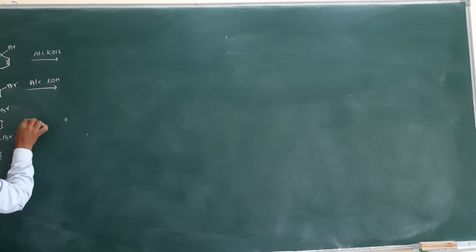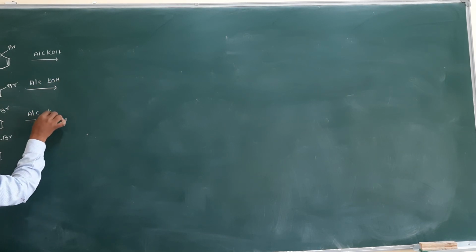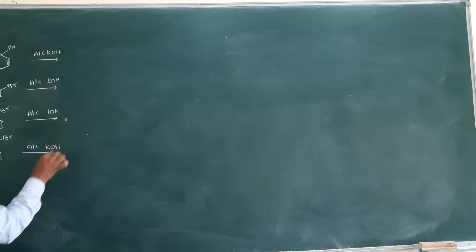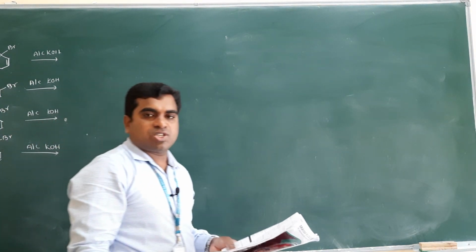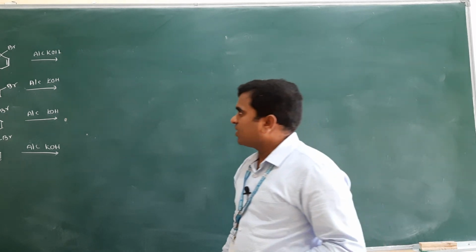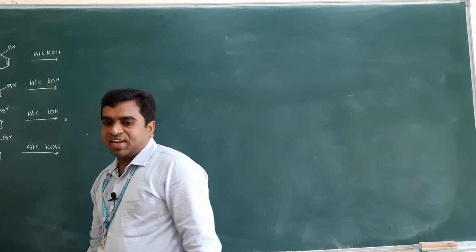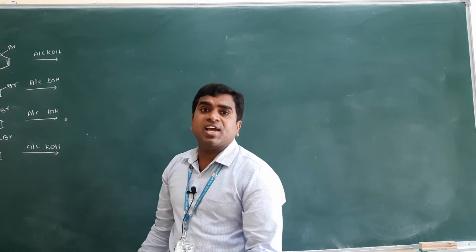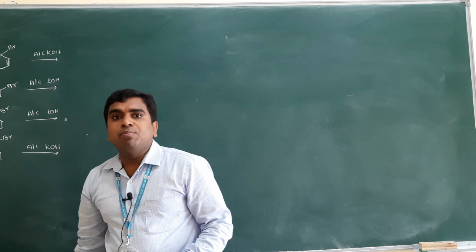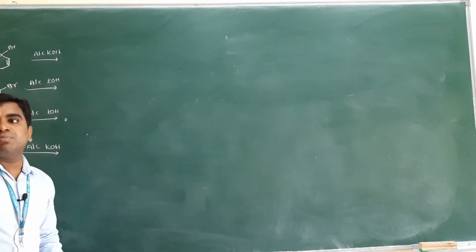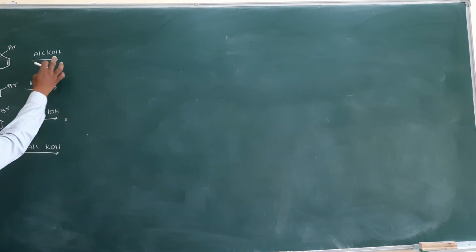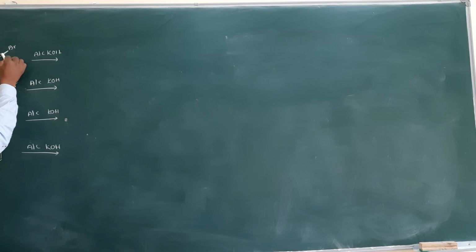You already know that whenever alkyl halide is treated with alcoholic KOH, which reaction takes place? Elimination reaction. Aqueous KOH means substitution. Just halogen will be replaced by OH. Clear ma? So now, which is the first reaction? You know that elimination reaction means, which elimination will take place? Beta elimination means hydrogen will be removed from the beta carbon, halogen is removed from the alpha carbon. Clear ma? Then you see here, and suppose in the first case we have two beta hydrogens.